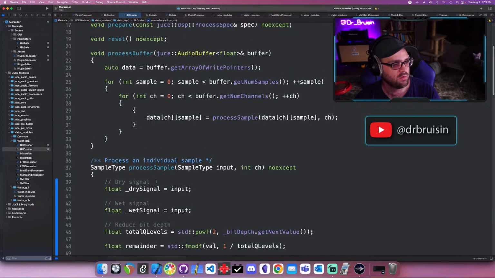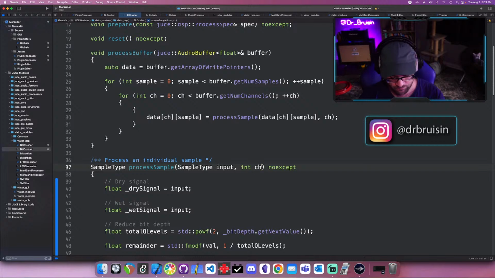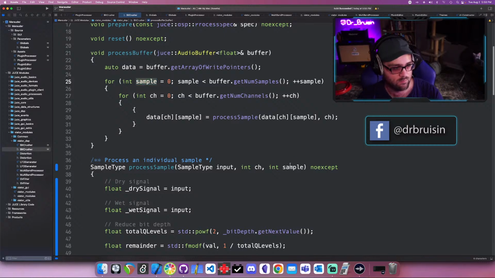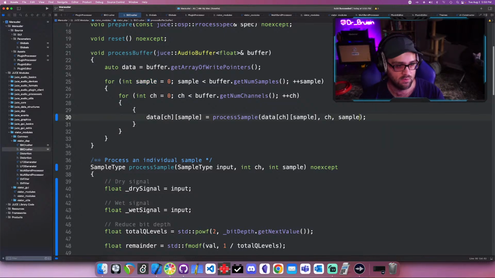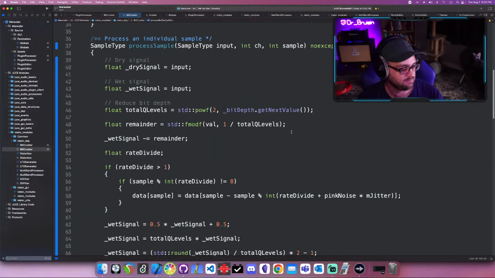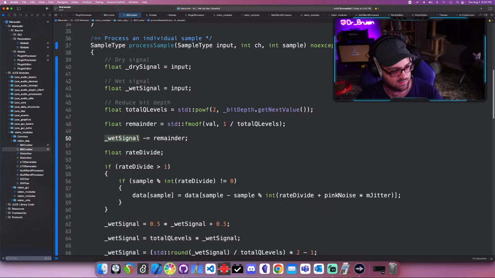Okay, so we gotta pass it sample. So it should be good. Sample, sample, sample. And then we'll say wet signal